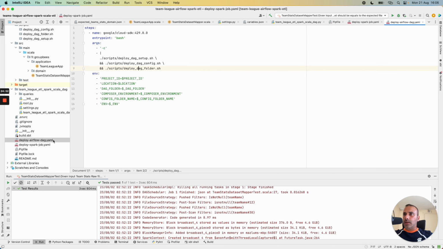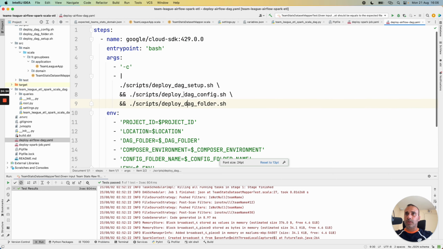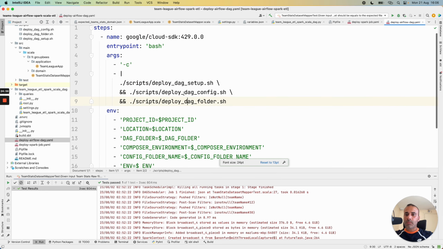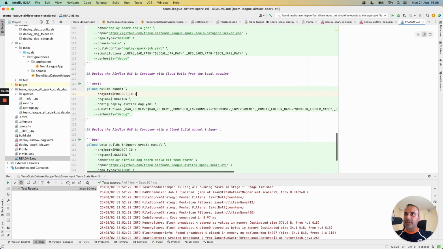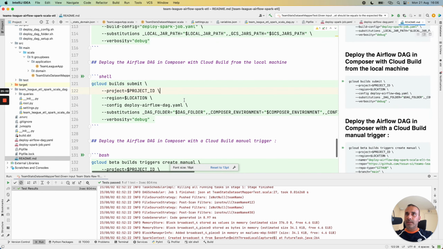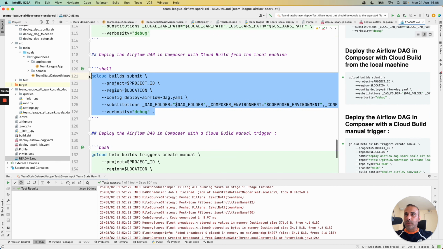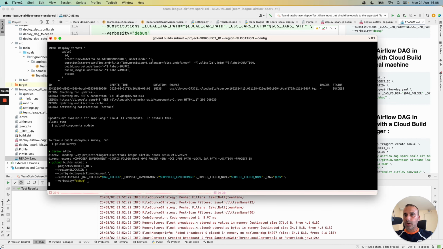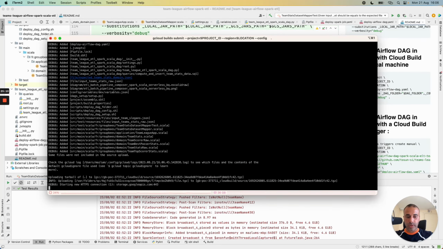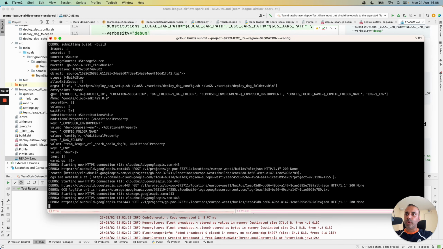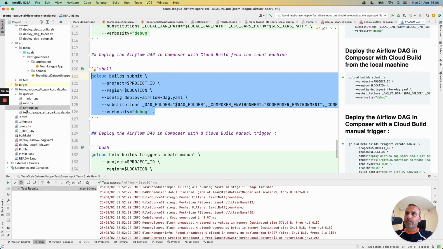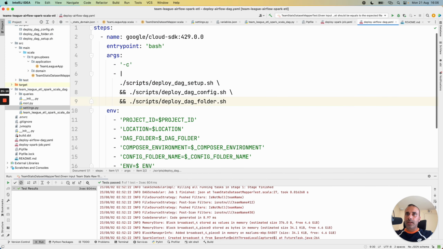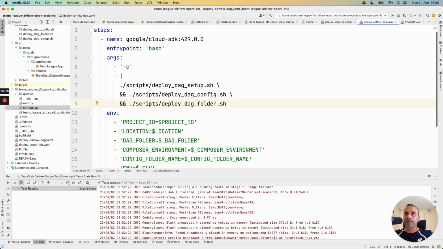Then we have this second Cloud Build job. I go to my README file to save time, and we will deploy the Airflow DAG and launch the Cloud Build job. I zoom a little bit my shell and go again in the Cloud Build YAML file to give some explanation.